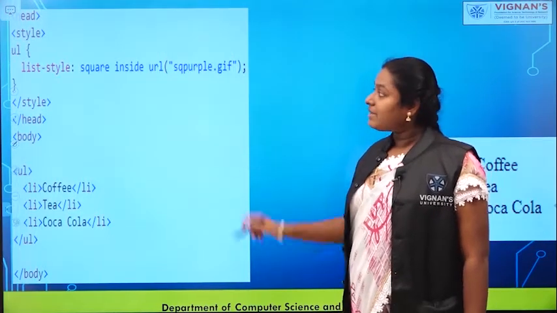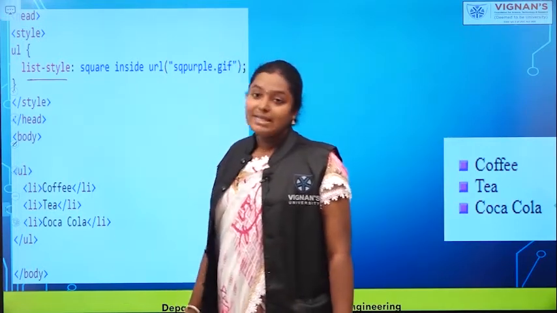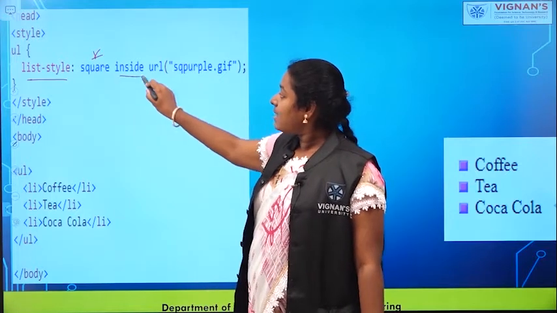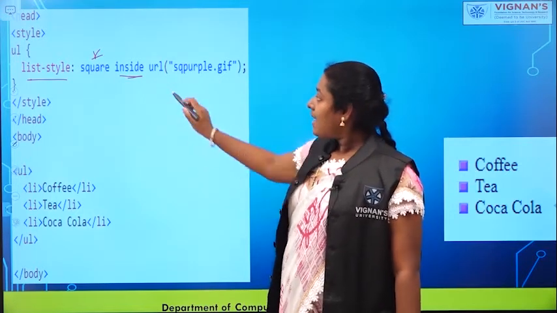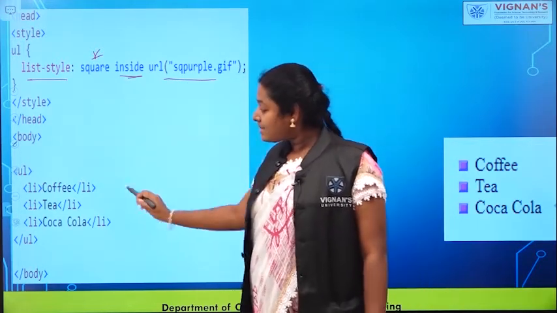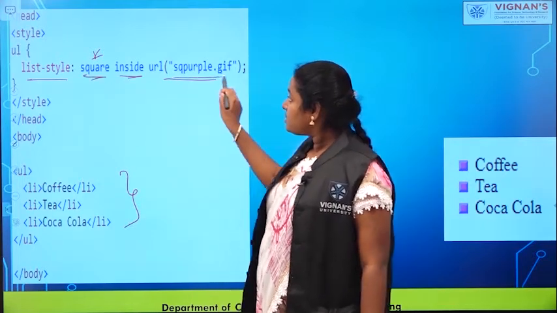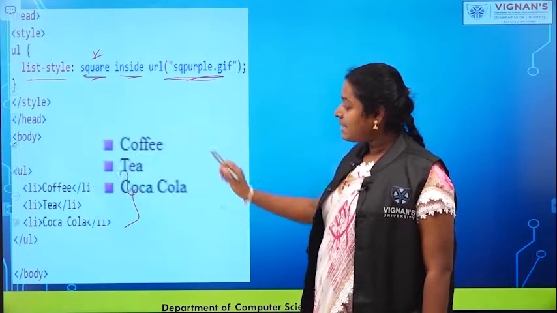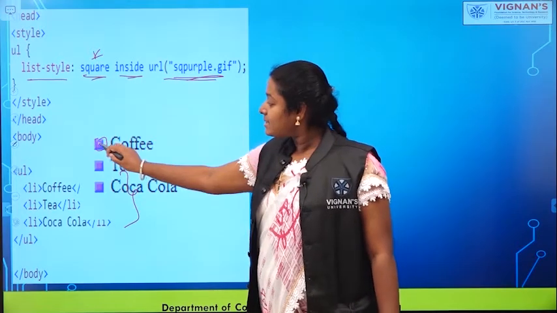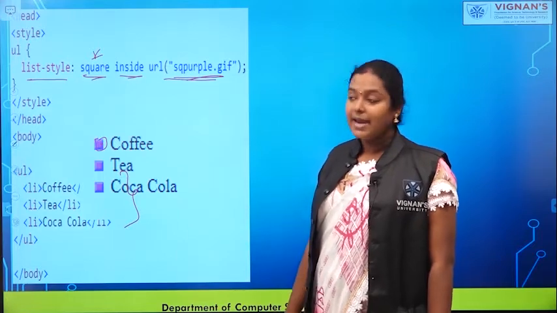So this is the example for the properties of list. Here I am using the shorthand property, that is the list-style property. This is the item marker, next this is the position of the item marker, and next this is the image. Instead of the marker you will get an image. For these three items you will get a square shape with an image. If you see this output for the items, this is the square shape and this is the image. So you are getting an image as a marker for the list of items.